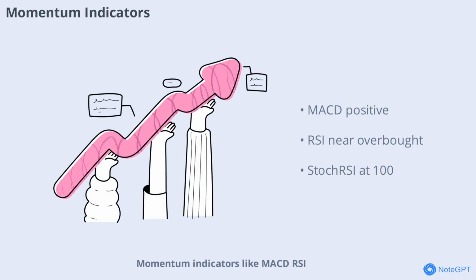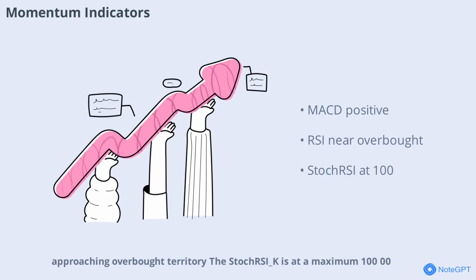Momentum indicators like MACD, RSI, and stochastic oscillator provide insight into the strength of the current trend. AXTI's MACD is at 1.41 with a positive histogram, while the RSI 14 sits at 67.1, approaching overbought territory. The stochastic is at a maximum of 100, further supporting the idea of strong momentum. These readings suggest buyers are firmly in control, but also hint at the possibility of a short-term pullback if the